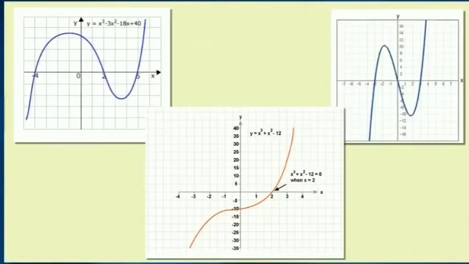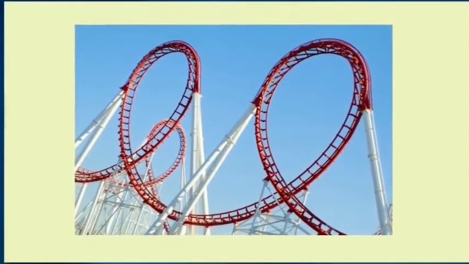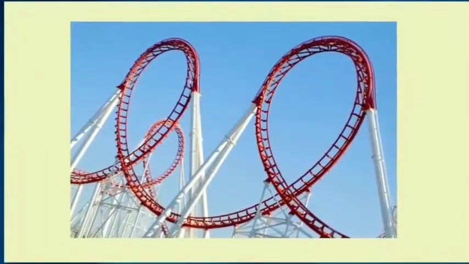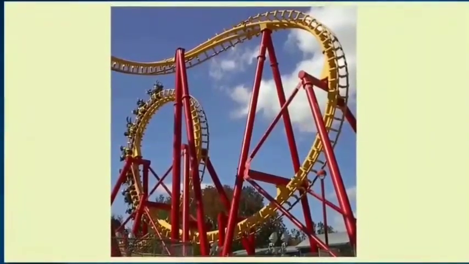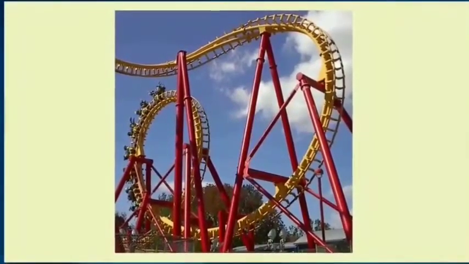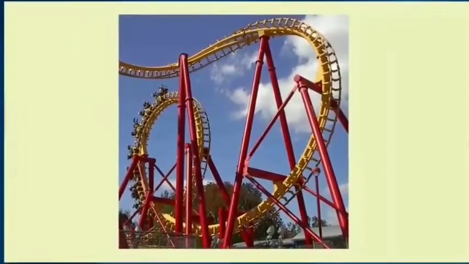And the second thing is that the graph of a polynomial is always curved. See, these are the curves. So these are the graphs of polynomials. Anywhere when you draw the graph of a polynomial, it is always a curve.